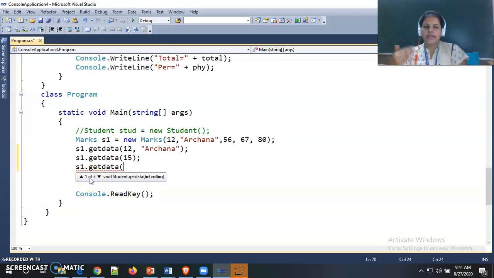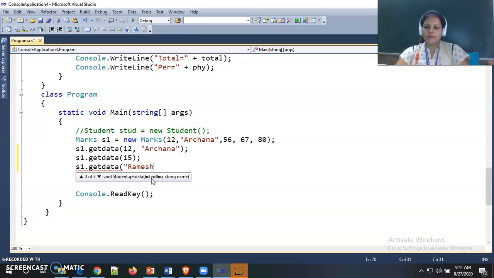Here my .NET IDE gives me suggestions, and if we press the down arrow, it shows the different method signatures. There are three get data methods available. You can call any one of these three methods, and pass parameters according to the parameter list.